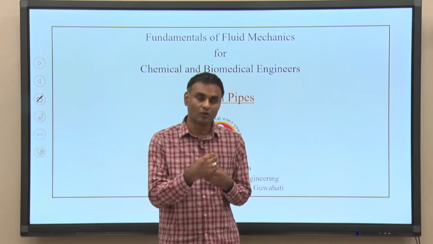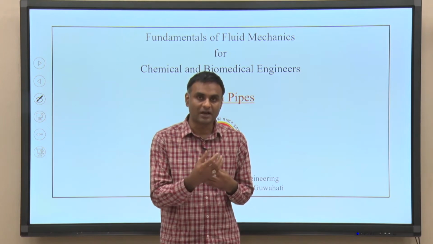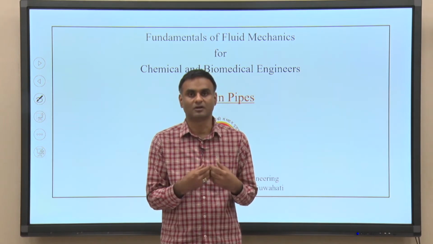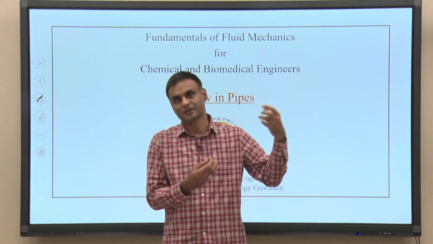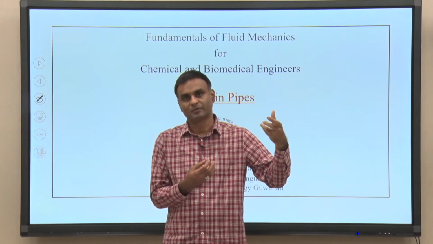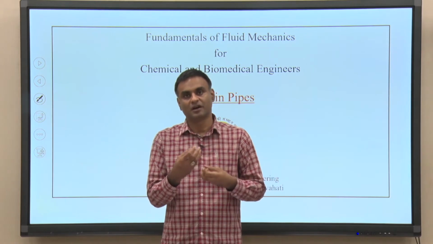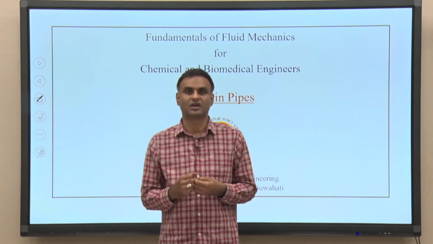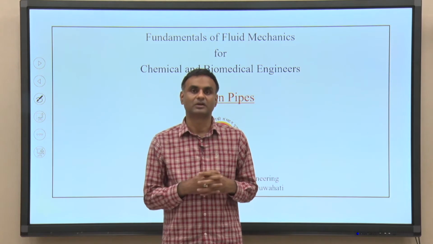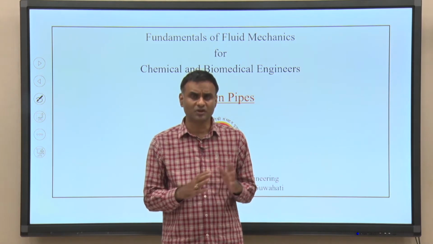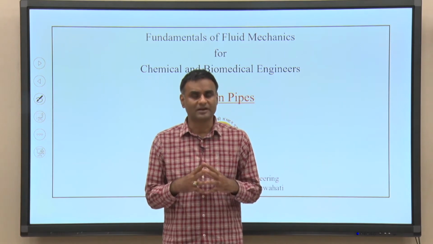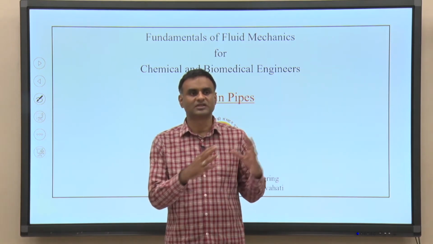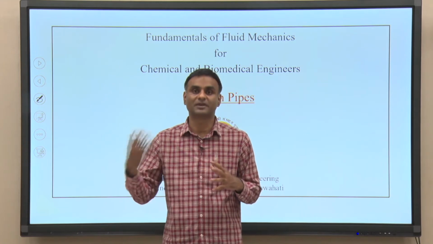There the flow will be laminar. For example, when we talk about the cardiovascular network, you have different pipes starting from the aorta, which is about 2.5 centimeters, down to the capillaries, which are about 10 microns or so. So, in each case you have a network of pipes, and one of the requirements as an engineer is to design the pumping system.